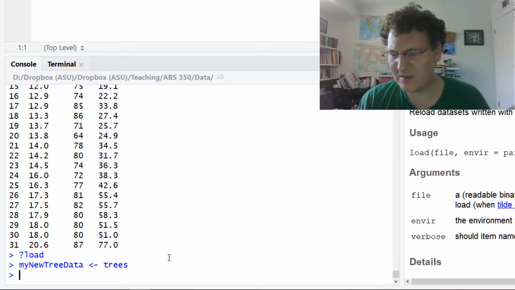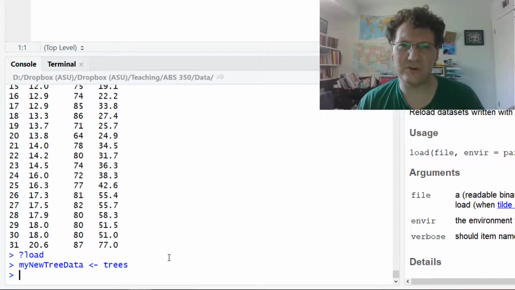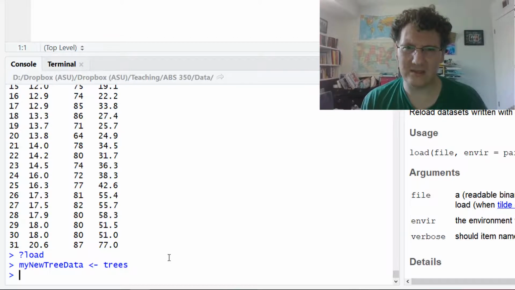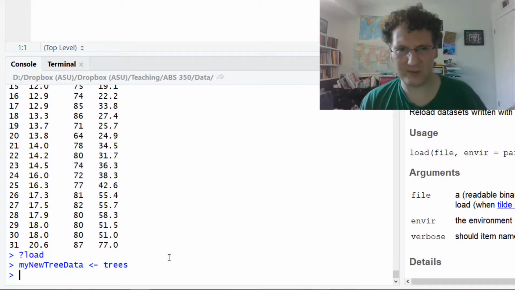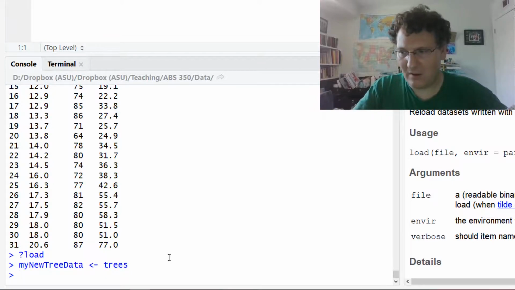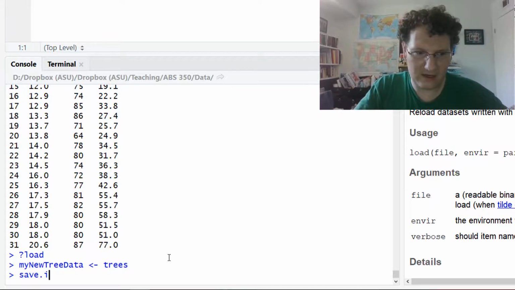I think this is pretty much everything I want to say. I guess the last thing is, when you're done working in R, RStudio is going to save an image of your environment, which is like everything you've been working on, all the things that are in memory. If you type save.image,